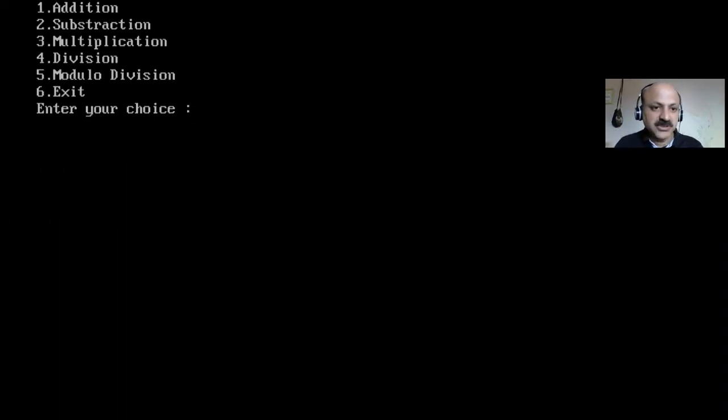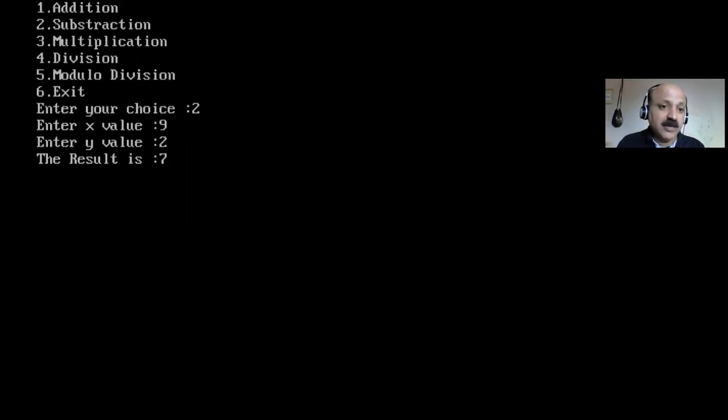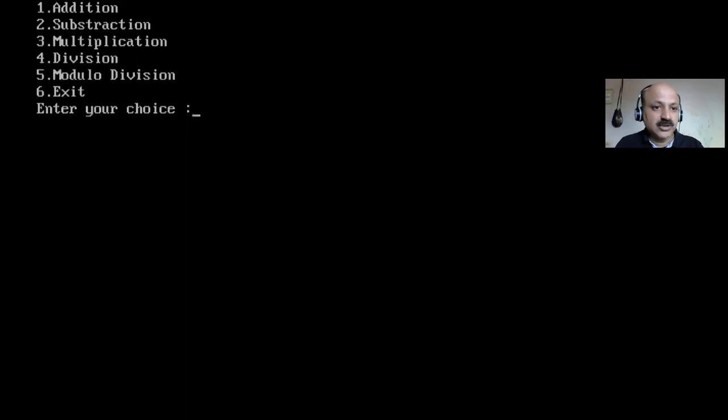So let us first check whether all is well or not. Okay, 7 is there, 9 minus 2, yes, and again and again I press the enter key and then it comes back to the choice, so we can improve some logic.